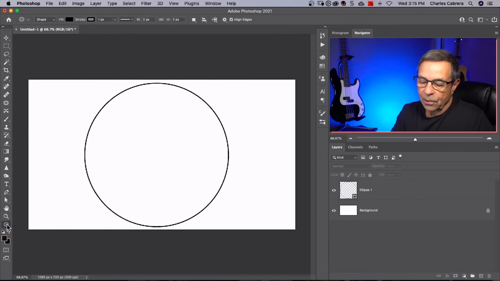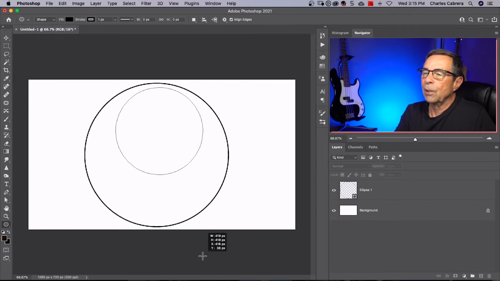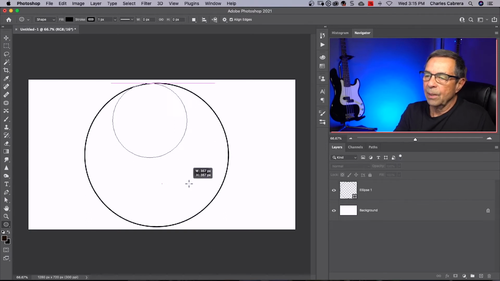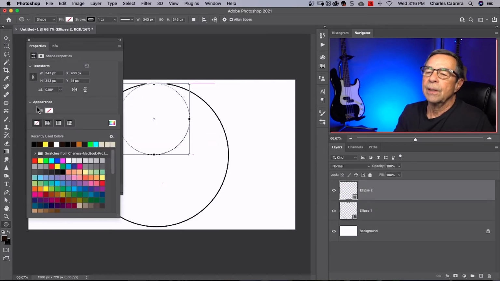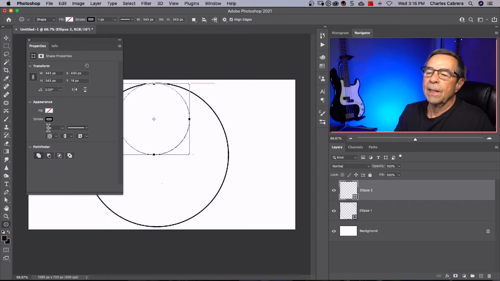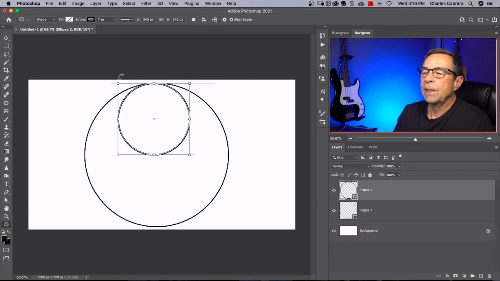And I'm going to draw another ellipse, hold down my shift, draw it out, hold down my space bar so I can move this around. And I can see my guide at the top where it's pink, and I kind of want it centered, but I want it smaller, so it's about midway, so right about there. And again, I want no fill, and I can adjust my stroke here and make it 7 pixels, just like that. I can close my properties, so that's 2 different ways you saw me get to my properties.